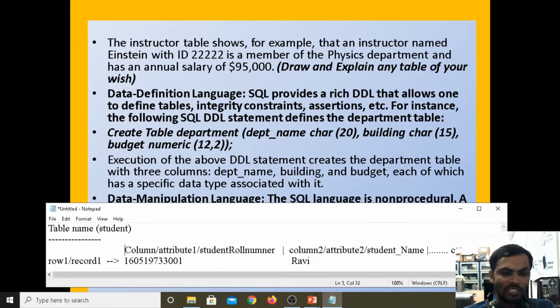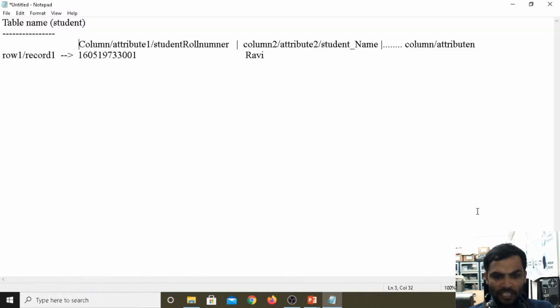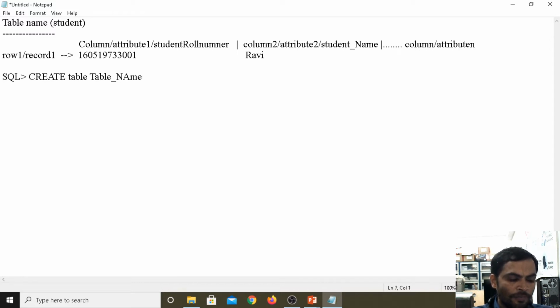Now actually, in my system Oracle software is not there. For your understanding, I am just typing in Notepad how we write and define the table. Create is a command. With the help of the create command: create table, then table name. It is a syntax. If you want to create the table, this is the syntax: create table, table name, then